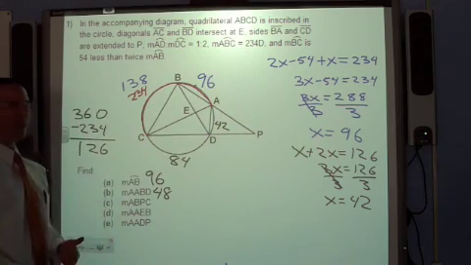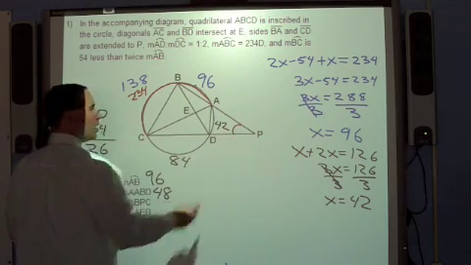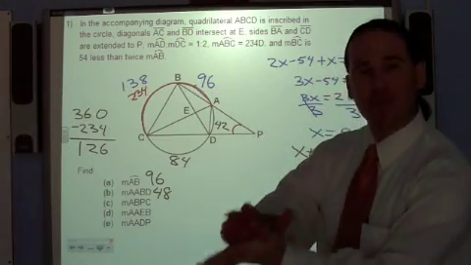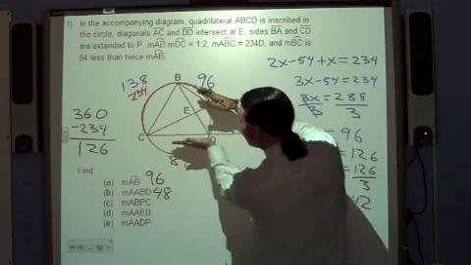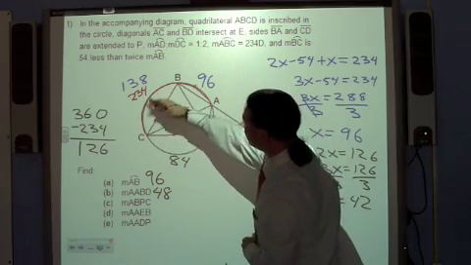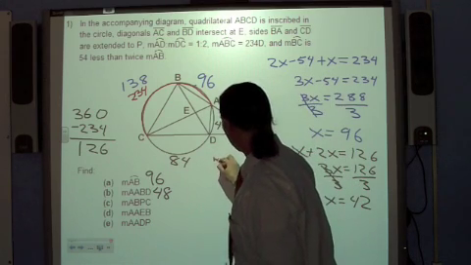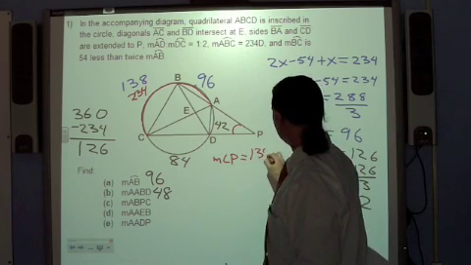BPC, this angle is outside of our circle, right? We're looking for this angle now. How do you find the measure of an angle outside a circle? 1/2 the difference of the intercepted arcs. So you look at your angle, what are the intercepted arcs? BC here, AB here. So measure of angle P is equal to 138